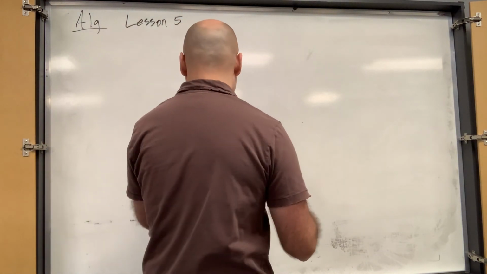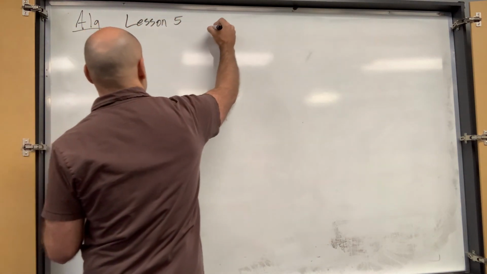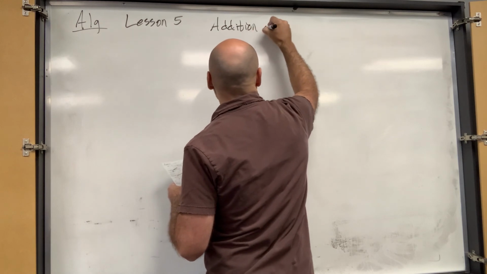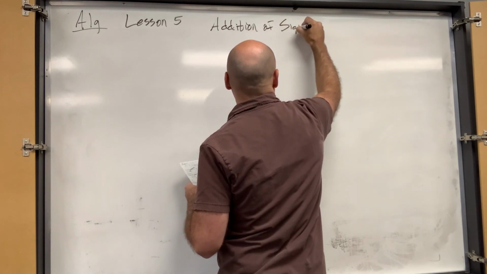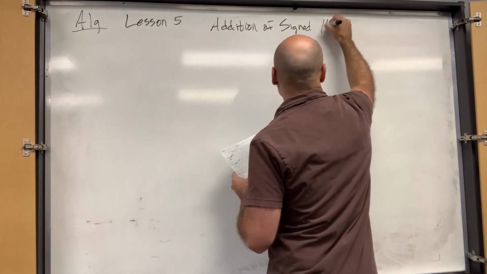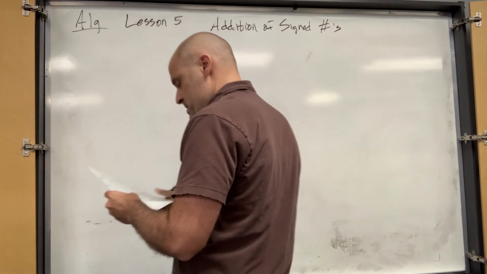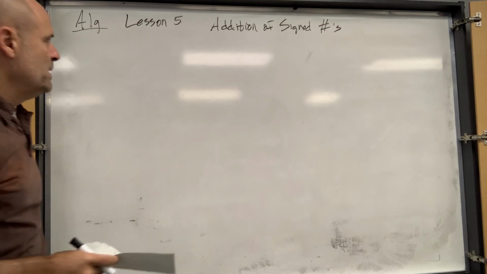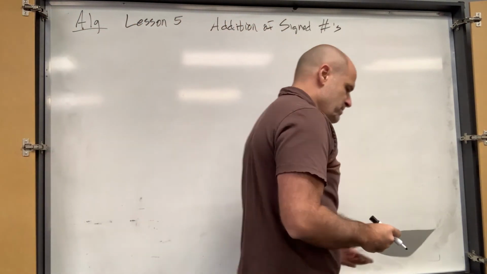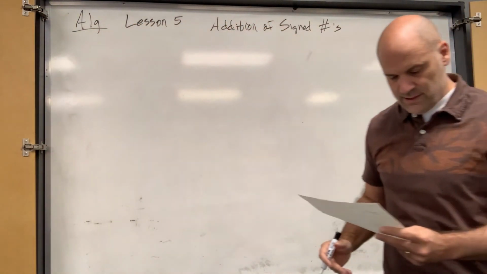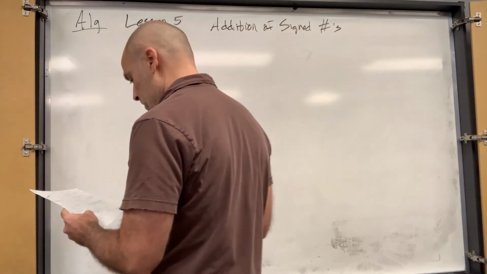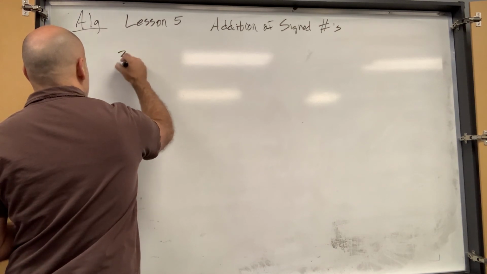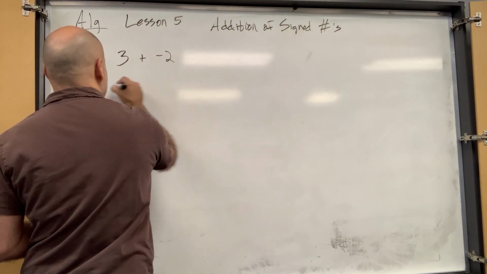Okay, so this is just addition of signed numbers. Now your book is probably going to suggest doing this a certain way. You just do whatever works, okay? And addition of signed numbers could be tricky on a calculator, so let's try to remember how to do this without a calculator first. So on a number line, if I was saying 3 plus negative 2,